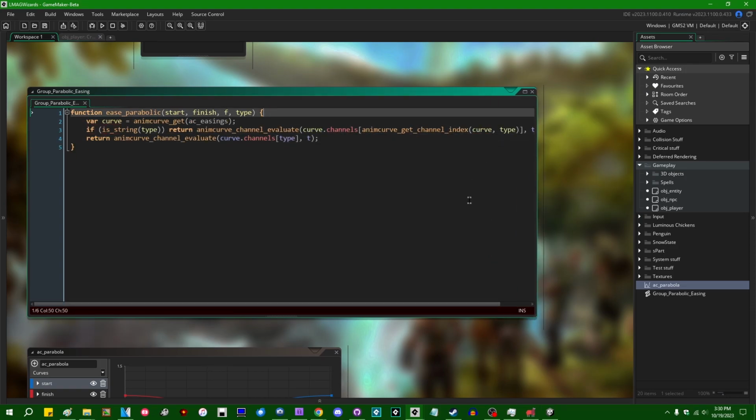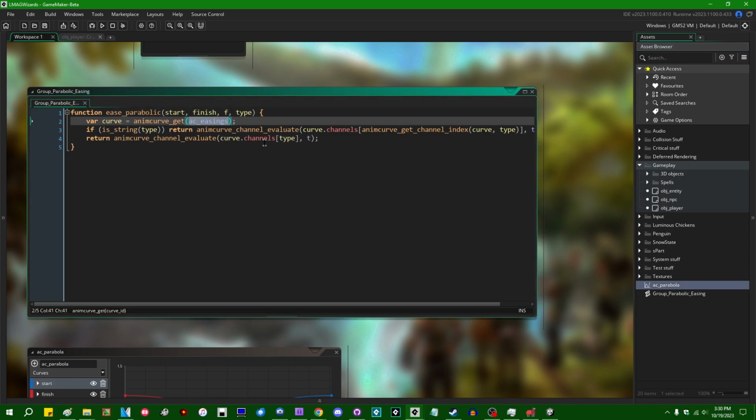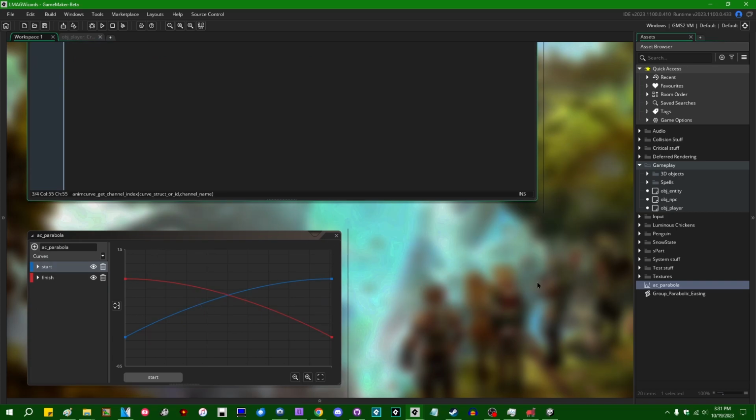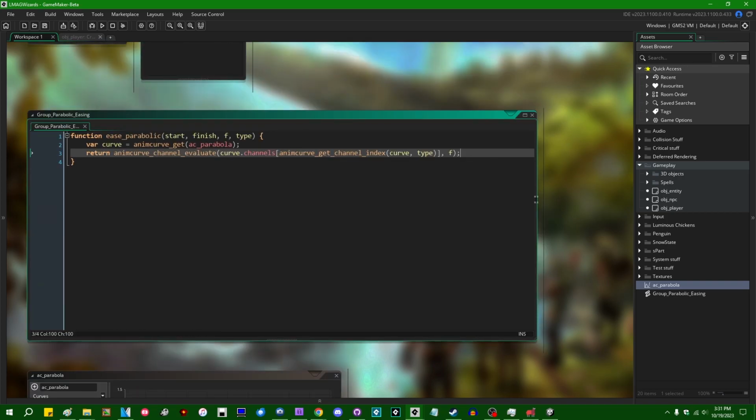Alright, so it is anim curve get AC parabola. I don't need that, like array index versus string index there. Anim curve get channel index is going to get the channel index from the animation curve with a particular name. T in my case needs to be F because I called it T in WizardDux apparently. And this is going to return a value between 0 and 1 corresponding to the point on the animation curve. It can be above 0 or 1 depending on what your inputs are and what the curve looks like, but